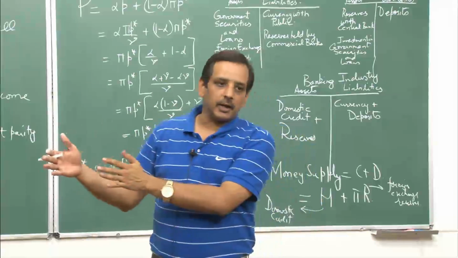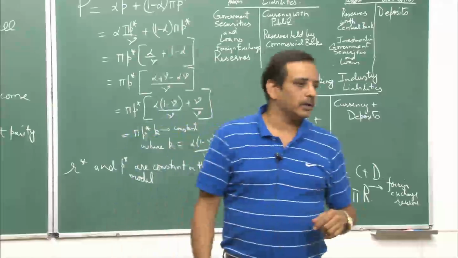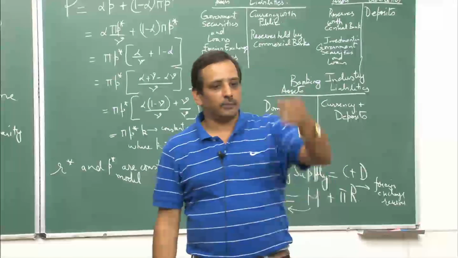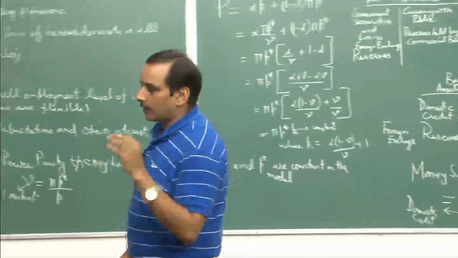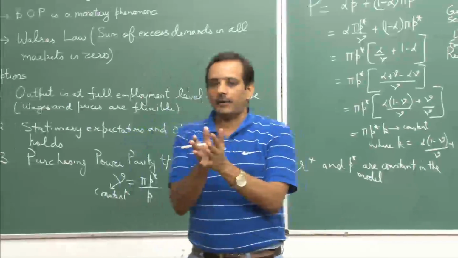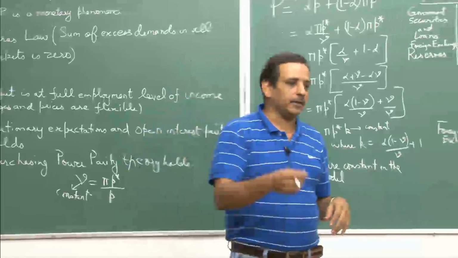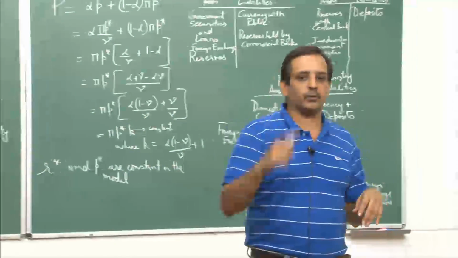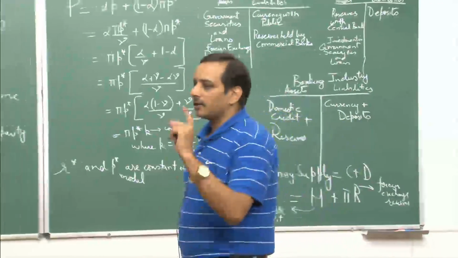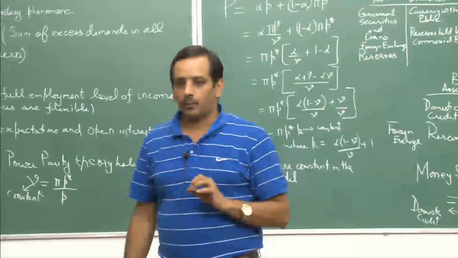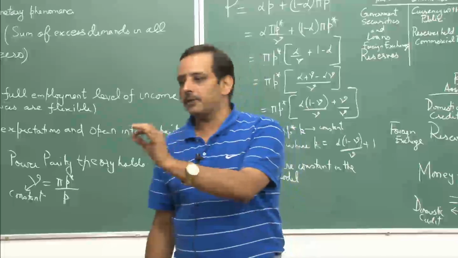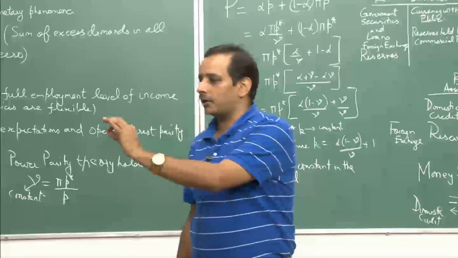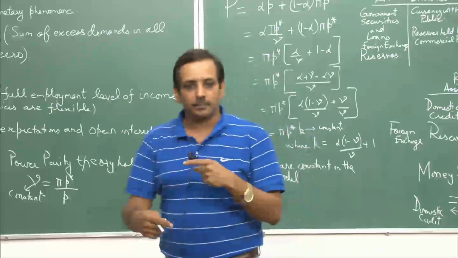Look at the other country which had a surplus. If you have a surplus in the balance of payment, the gold will come in, the reserves will come in. So the money supply would go up and the prices would go up. This increase in price would deter exports and increase imports. So any balance of payment surplus will be wiped out over time because of the changes in money supply and